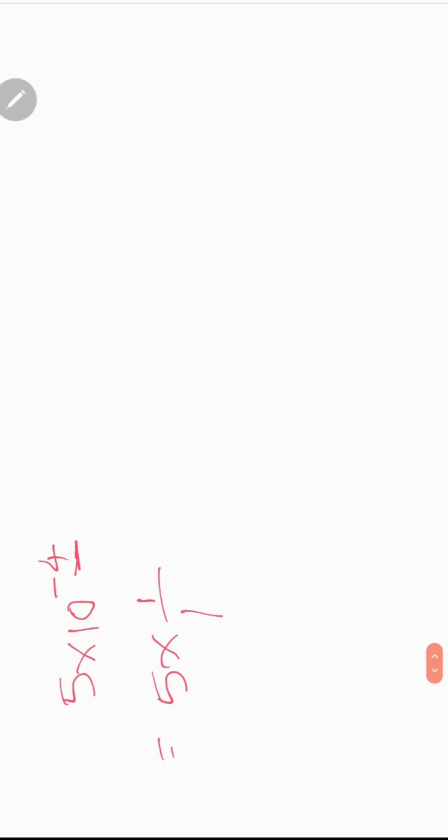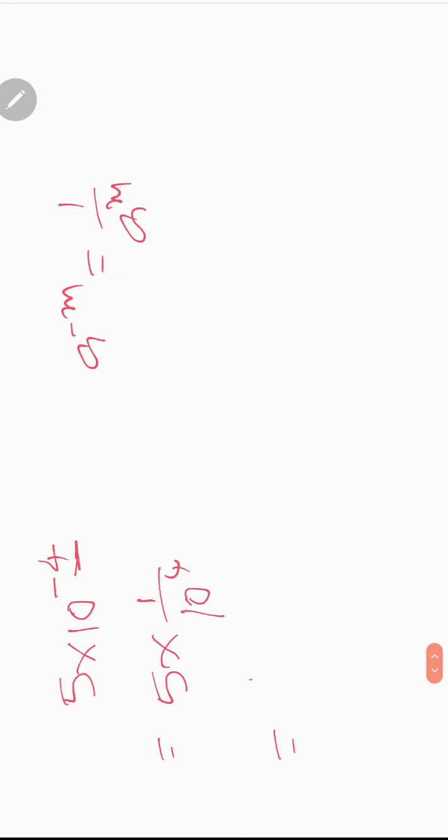One more example. 5 into 10 to the power of minus 4. Okay, this is also a standard form. So now how can we write it in the usual form? Here the power has a negative sign. So 5 into 1 by 10 power 4. Why am I writing like this? Because a power minus m is equal to 1 by a power m. The negative sign is removed here.